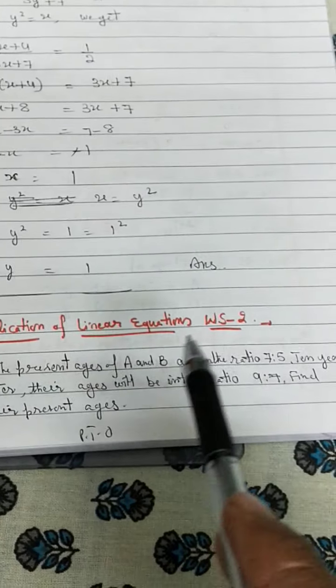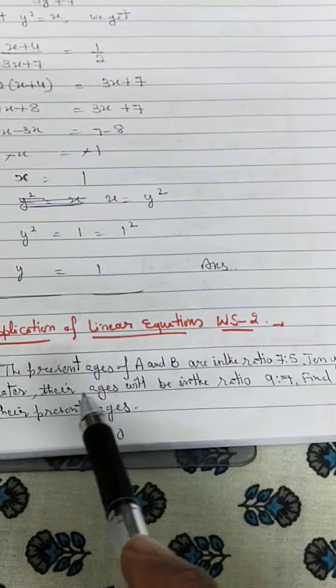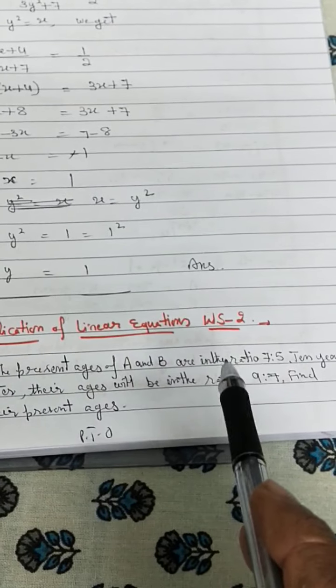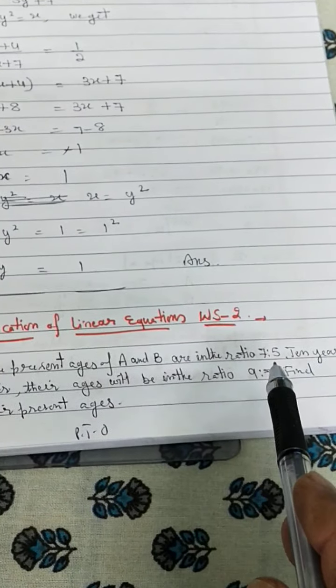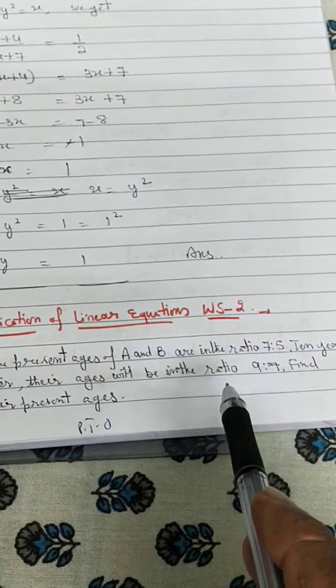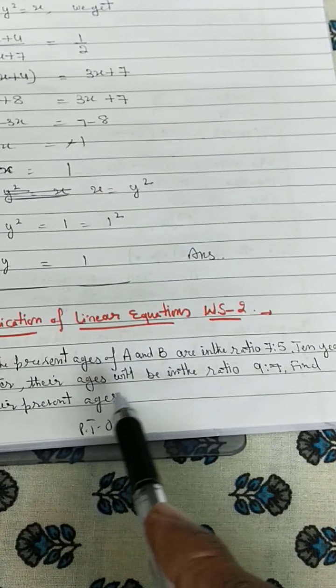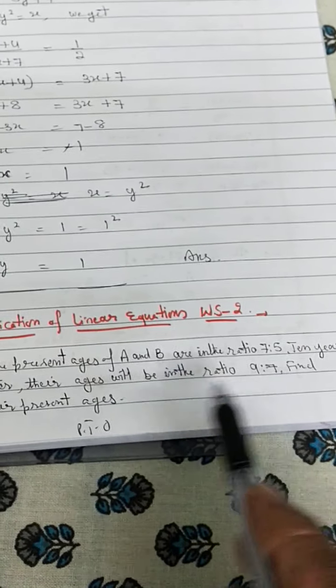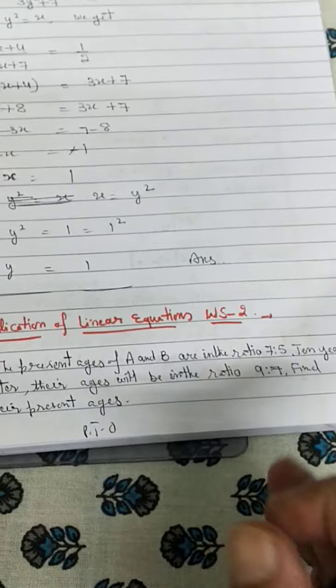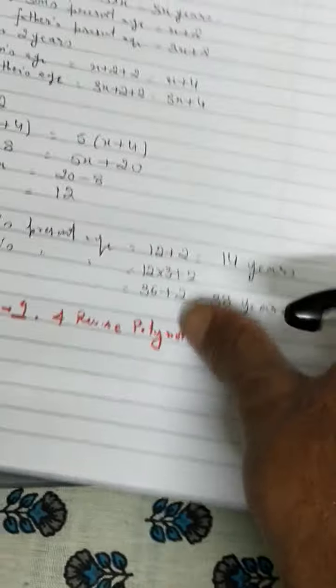10 years later means after 10 years, A is equal to 7x plus 10 and B is equal to 5x plus 10, will be in the ratio 9:7. Find their present ages. This is equal to 9 upon 7. So read